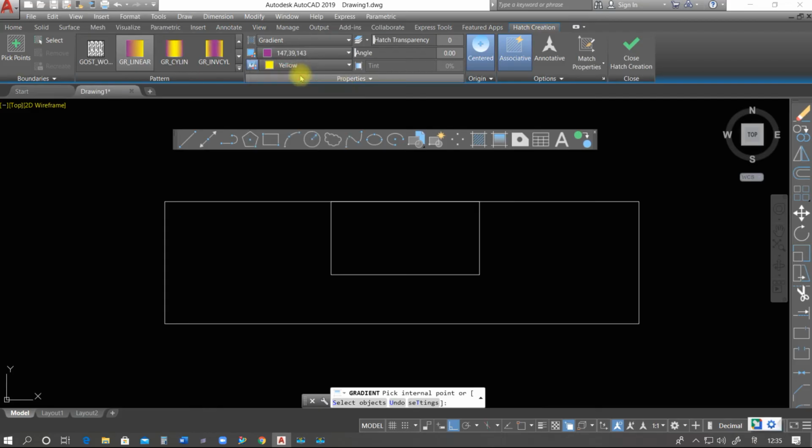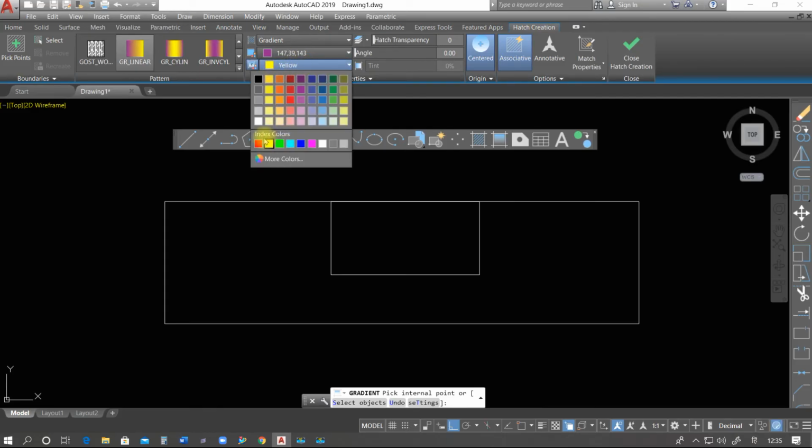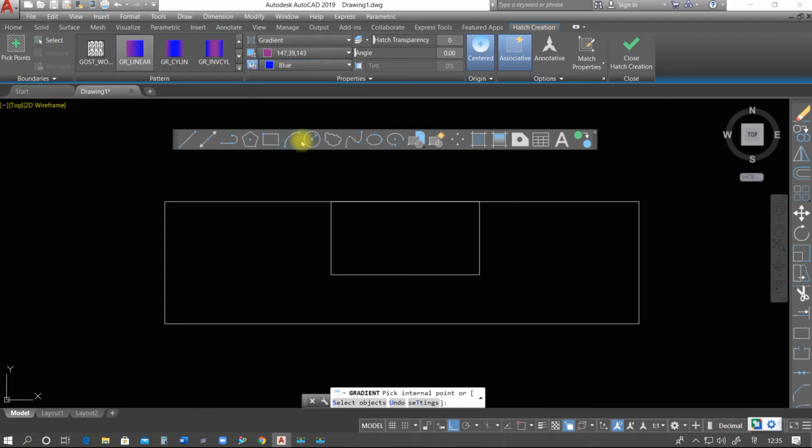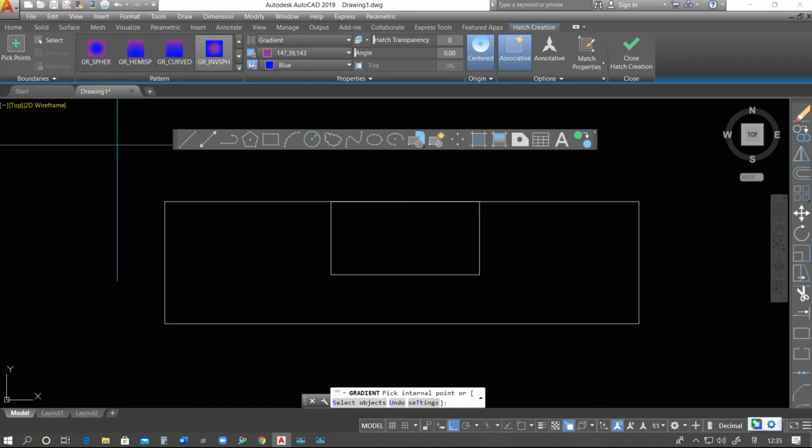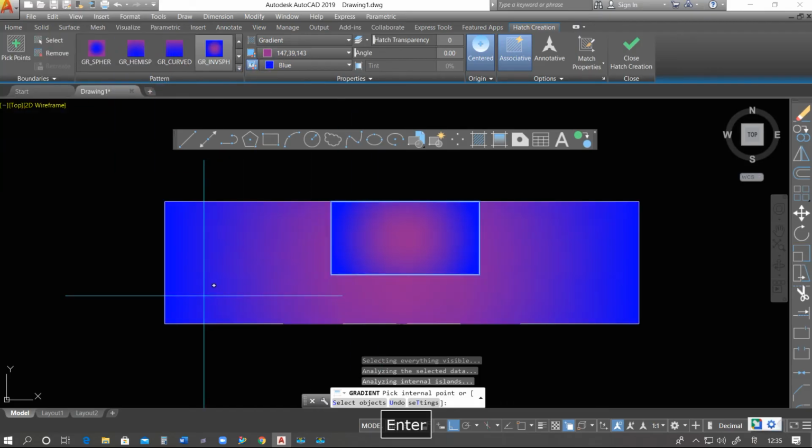I'm selecting this one, and here, whichever color you want, I'm selecting this one. So we see the combination of these two colors. Okay, which one you want. You can see that these are the different types of patterns of the combination of a specific color. Select here, yes, press enter.